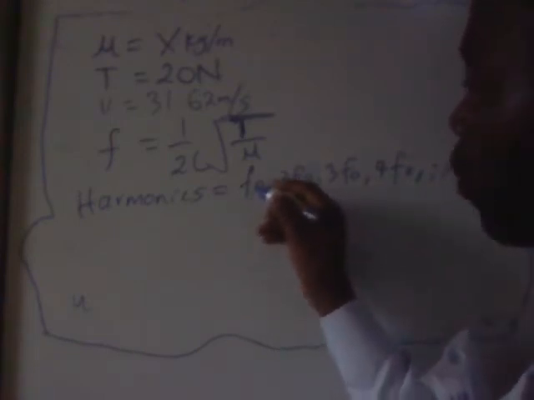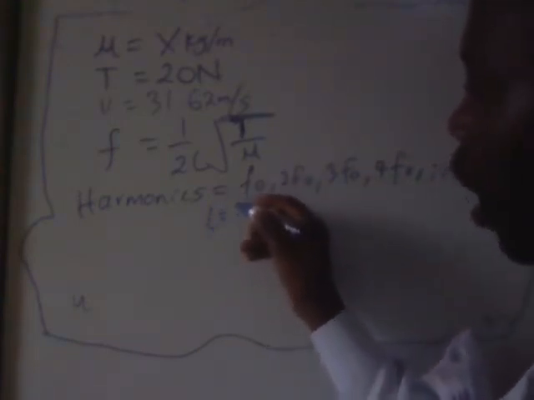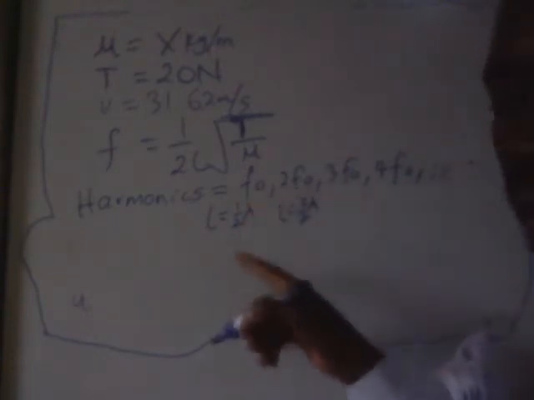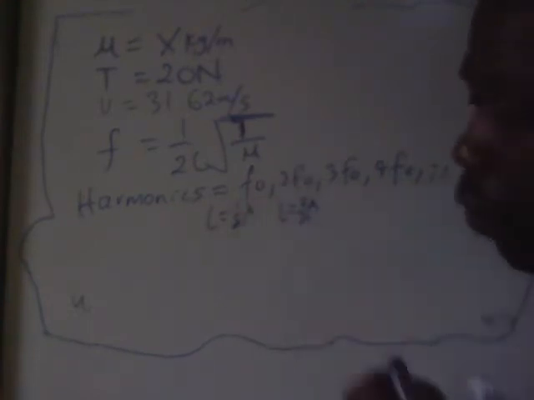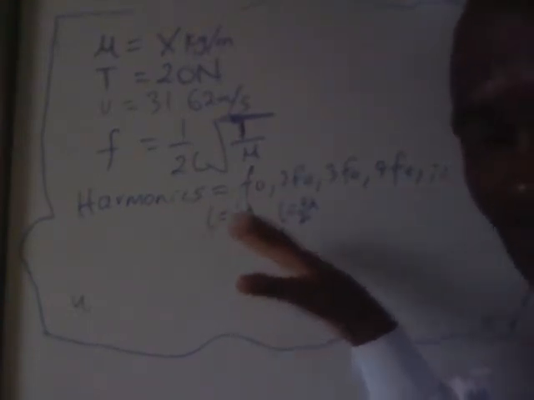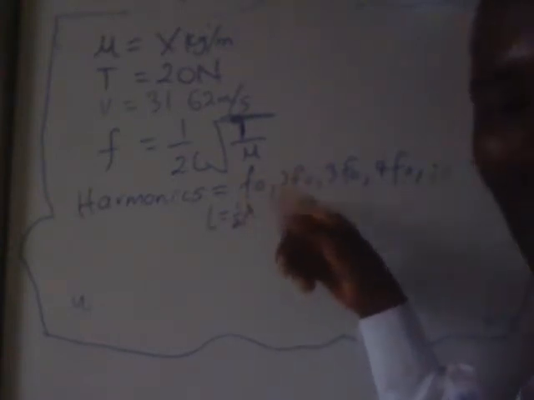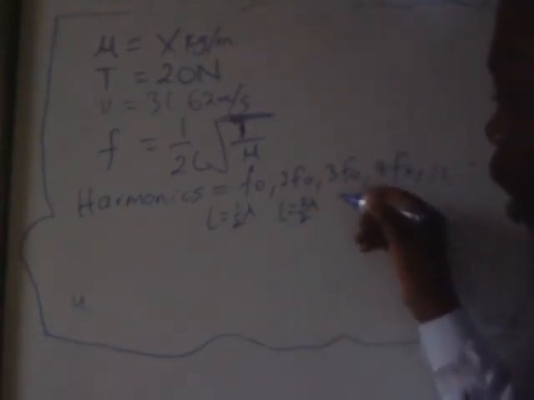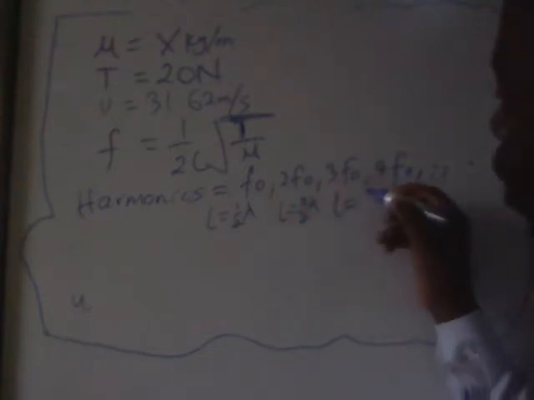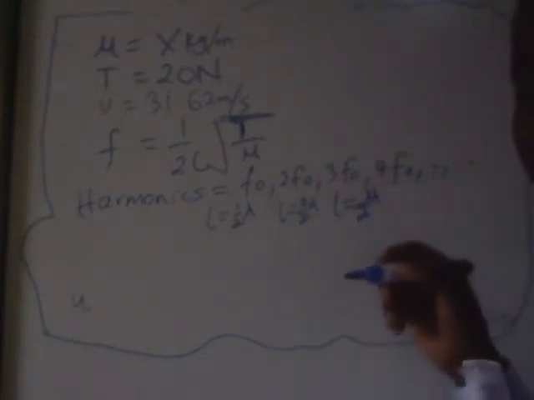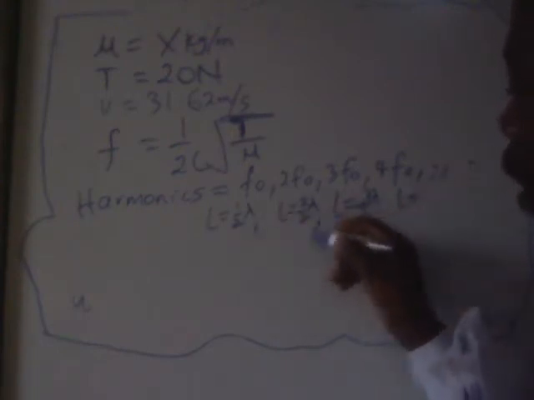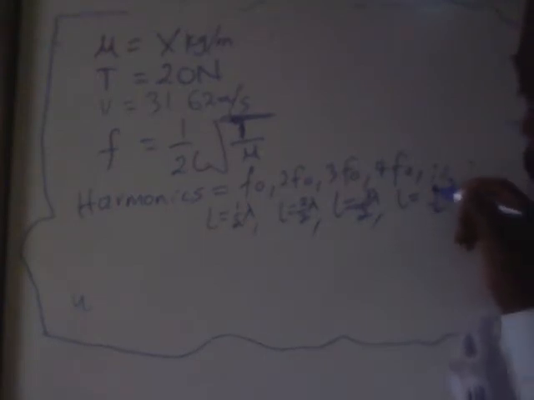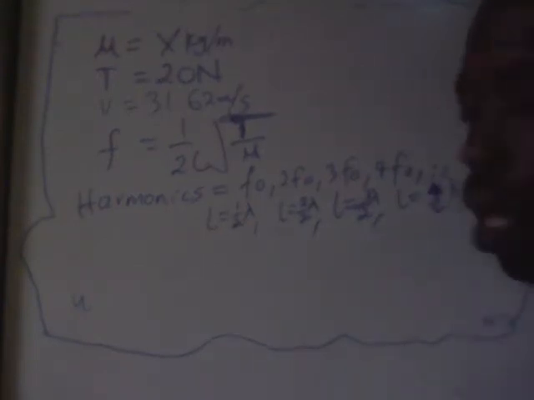For this one, we have L equals half lambda. Here we have L equals 2/2 lambda. You are just adding 1 to the numerator; the denominator remains 2. So 1/2, add 1 to the numerator, 2/2. For the third one, L equals 3/2 lambda. For the fourth one, L equals 4/2 lambda. Okay, like that. So